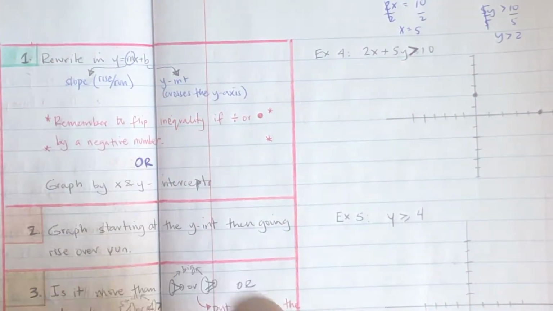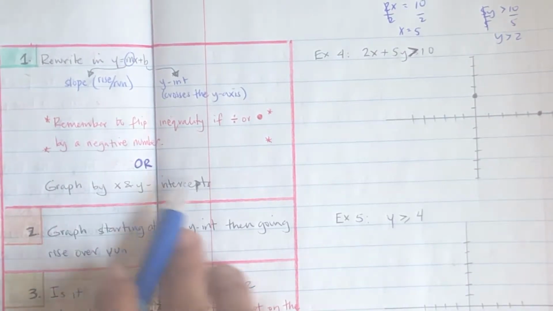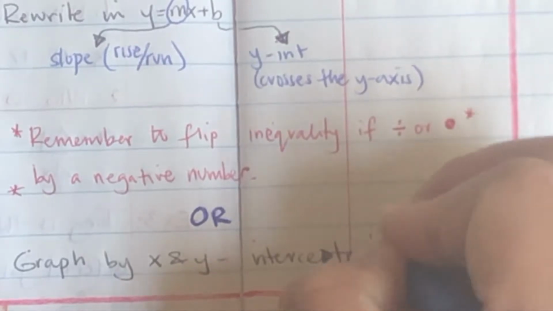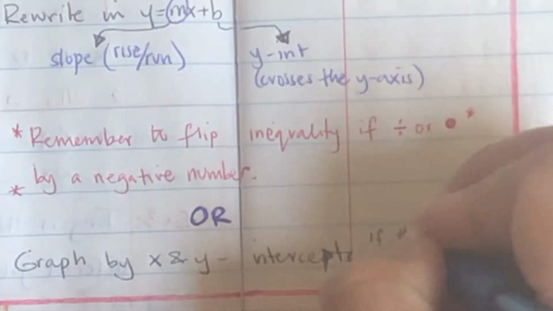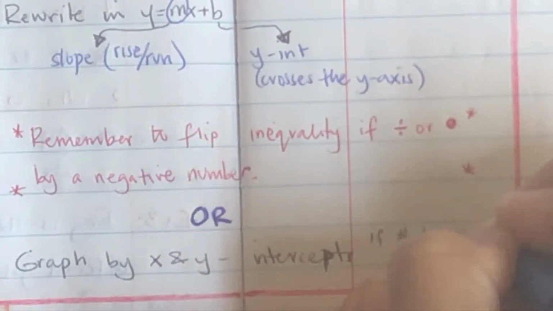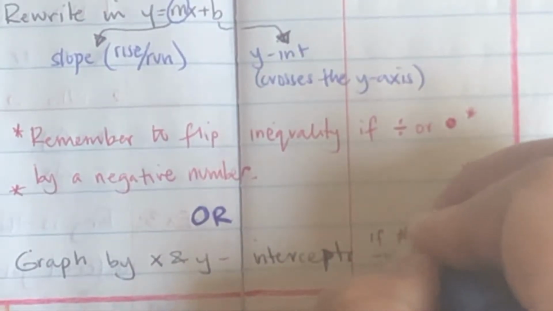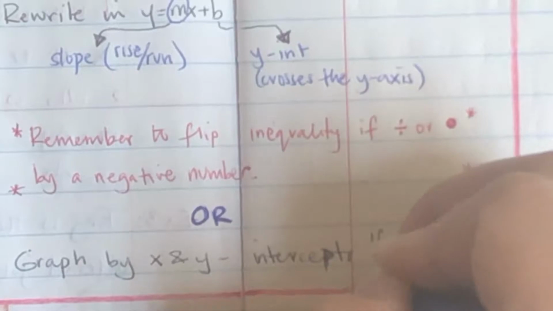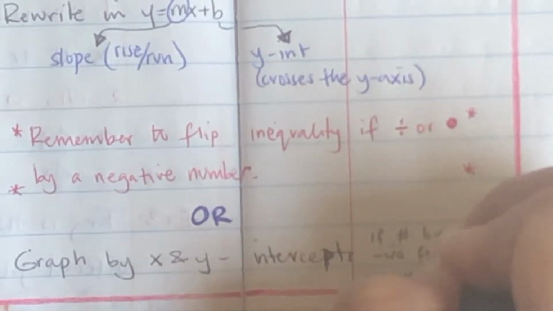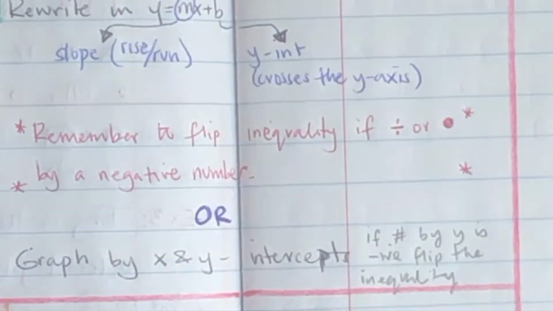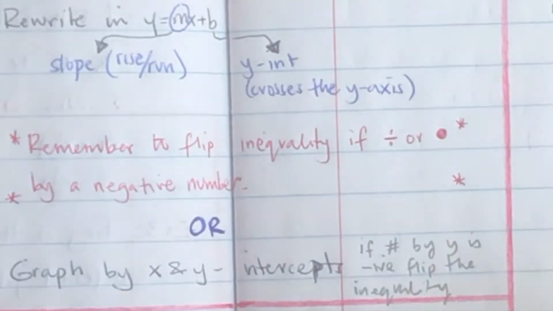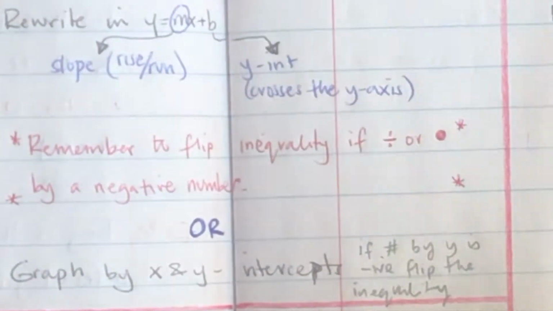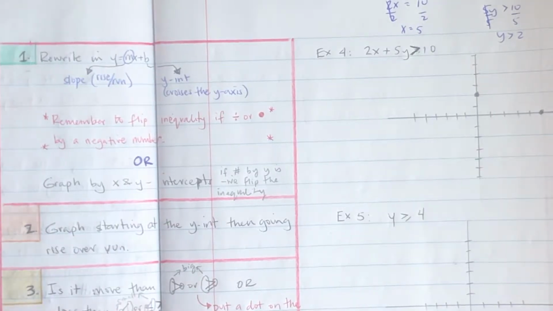The only thing to note is when you're doing it by this, if the number by y is negative, flip the inequality. So you look, if the number by the y is negative, you flip the inequality. It's not, so I don't need to flip it. So it's going to be greater than. All right, so I'm going to go to number,